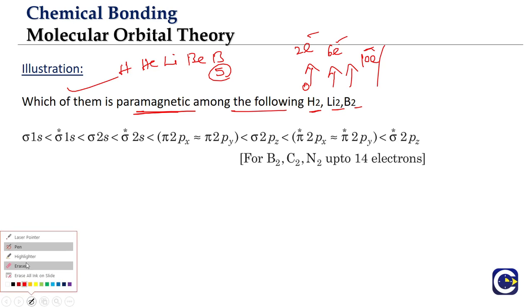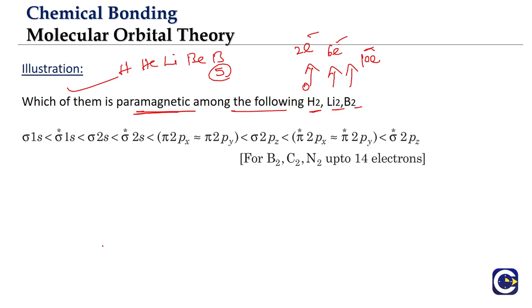Now we will go for the molecular orbital electronic configuration, and start one by one. We have the energy level representation of the molecular orbitals based on the criteria of the number of electrons up to 14. All of them have fewer than 14 electrons. Now H2 first. H2 means 2 electrons. Sigma 1s will give 2 electrons. That's it. Does it have any unpaired electrons? No. Which means it is diamagnetic.